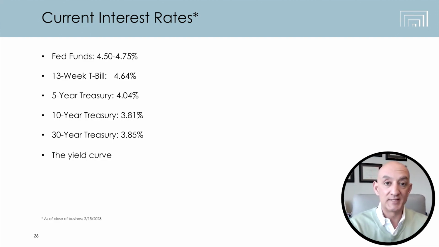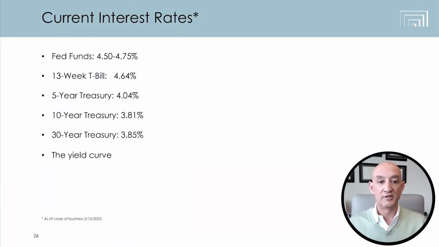The Fed only moves that very first rate, the Fed funds rate. The rest of these rates purely go by supply and demand. In other words, it is a market just like the stock market. How many buyers, how many sellers? But that market factors in what is the Fed going to do? What have they said that they're going to do? What have they indicated? Where do we think interest rates are going to go? And there's constant buying and selling based on predictions of that information and other factors. So that's what makes interest rates impossible to predict, because the bond market instantly prices in all of that knowledge into these rates.